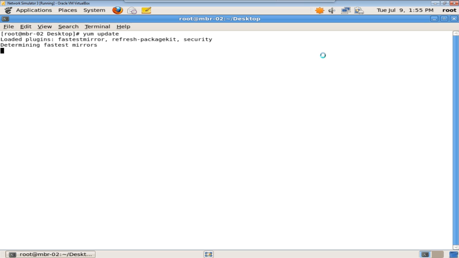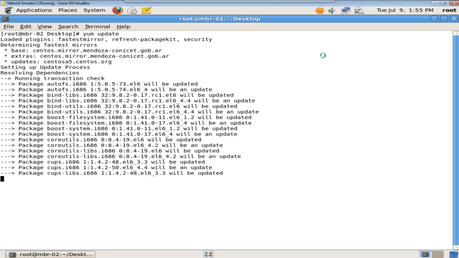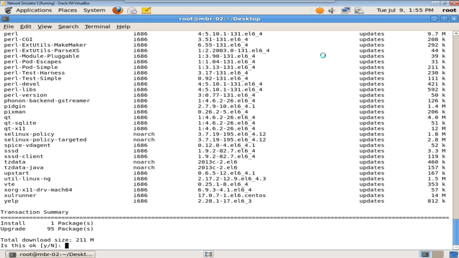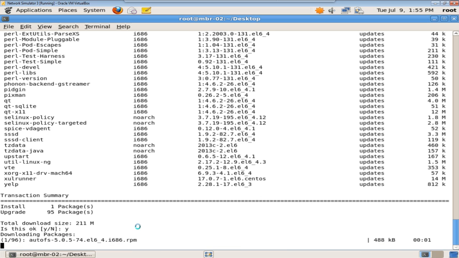Alright, so it's looking for the mirrors to download the packages from. Now this process actually takes some time. So these are all the packages it's actually trying to get. Alright, and now it tells us here that it will upgrade 95 packages. It's a total of 211 megabytes. So we type Y for yes,